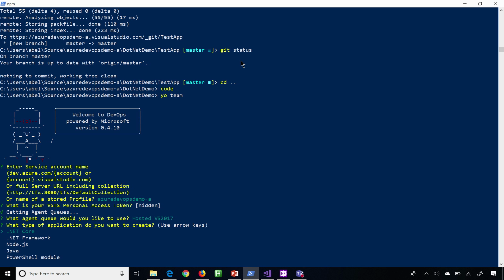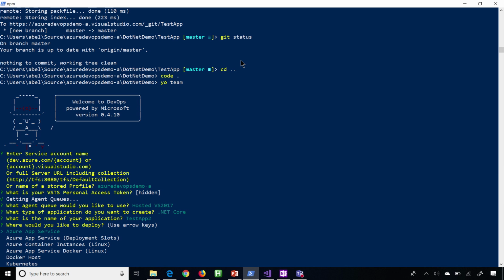Now it's going to ask us what type of application do you want to create? A .NET Core, .NET Framework, Node, Java, or a PowerShell module. So of course, we're going to build a .NET Core. I'll select that. And what is the name of your application? We'll call this Test App 2. Hit Enter. What do you want to deploy this to? Nice. I want to deploy this to Azure App Service. Okay, hit enter. Now it's getting all of my subscriptions, and I have